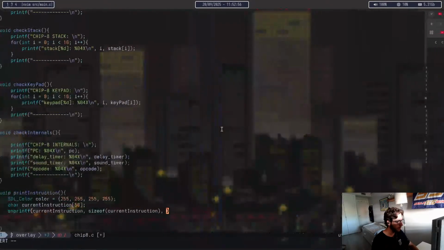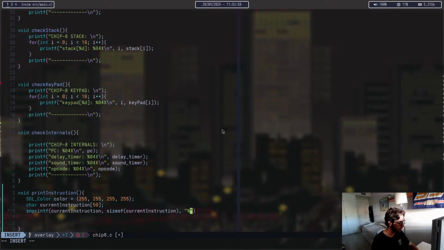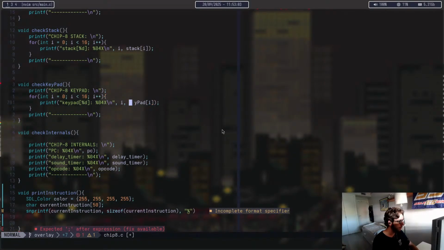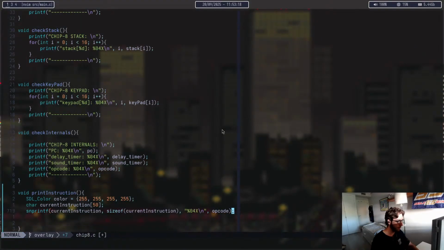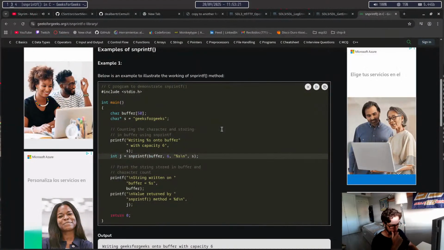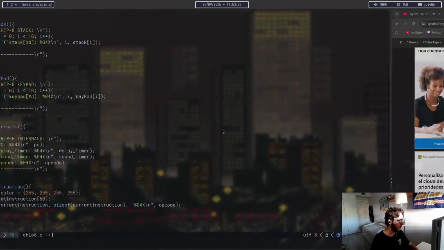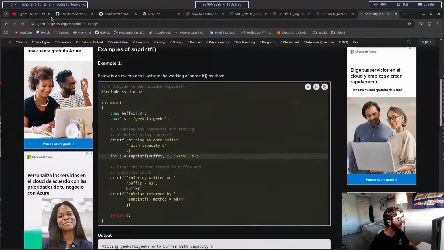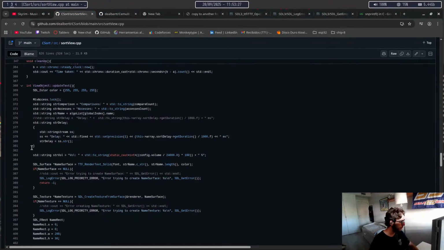Then the format, which should be some sort of this actually. That's what I need. Hopefully it works. Right. And then turns out I can put a new line. And then let's just say outcome. Okay. So technically this should be now my string. Okay. So once I have this,